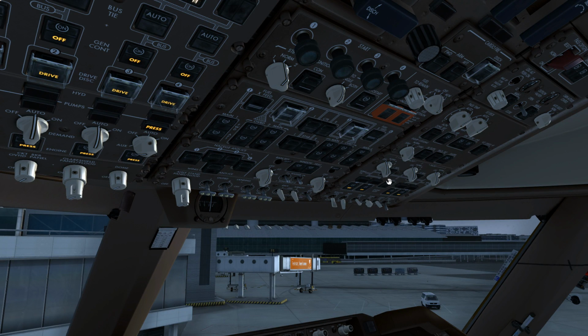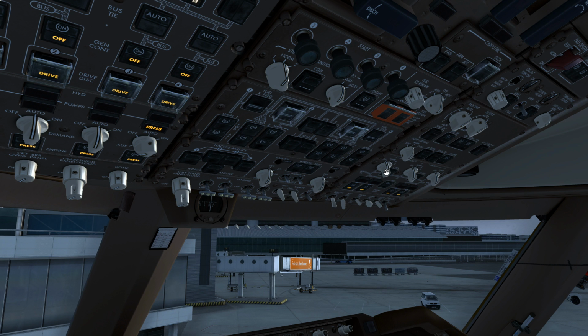Then the packs, you could have also already turned them on when the APU was running, so that the cabin is a bit warm. Now depending on the conditions, like the temperature outside and how well the packs are still working, if you're having a very old airplane, for example, you're either going to need to turn off 2 or 3 packs. Now it's recommended for dual engine start, which we're going to do in a moment, to turn off